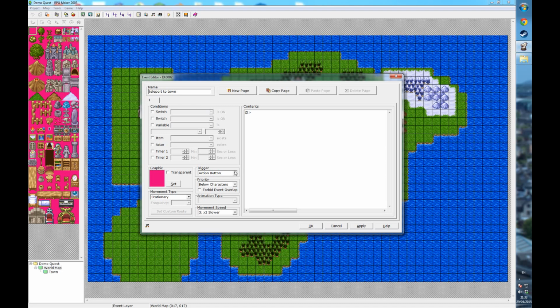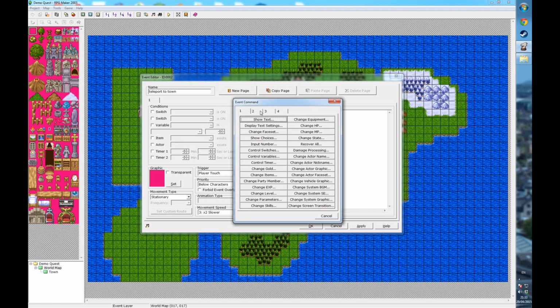Now, I don't want the action button to trigger this event. I want it to stay invisible. It's got no graphic, and this will be triggered on player touch. So as soon as I touch it, it'll work. It's going to be below characters, so I can step on top of it when I'm touching it. And it's going to do one thing, and that is...